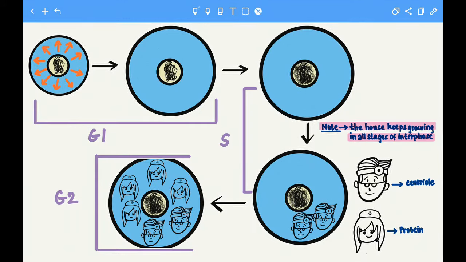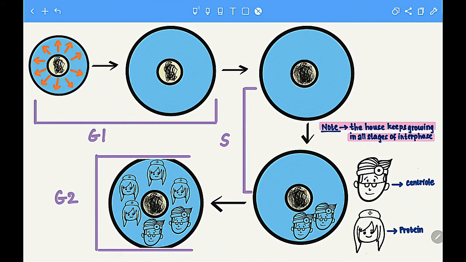As a recap of the story of interphase, here we notice that in the G1 stage, all that is happening is the cell is increasing in size. In the S phase, the centriole duplicates itself and the DNA has also duplicated itself. During the G2 phase, the proteins have formed. During the G1 phase, the walls of the hospital start to increase in size, and this process keeps continuing.